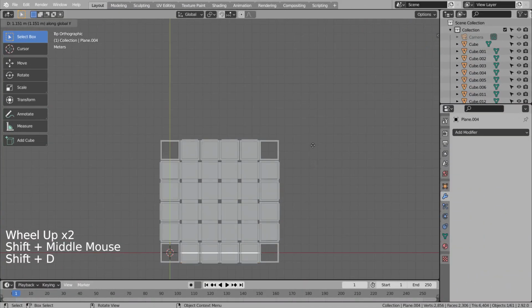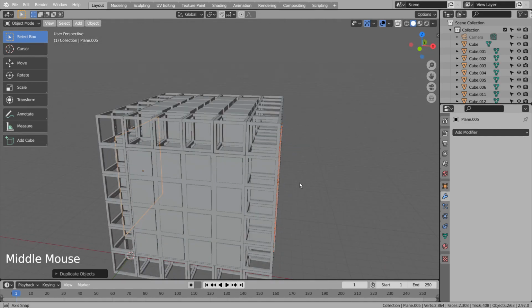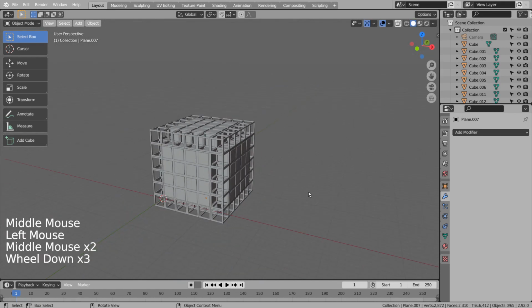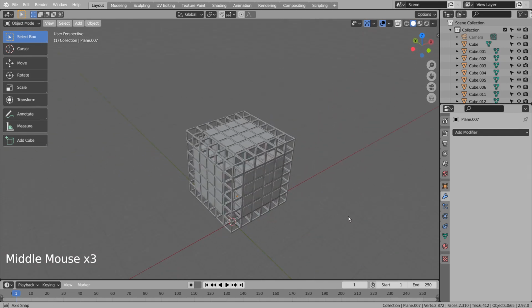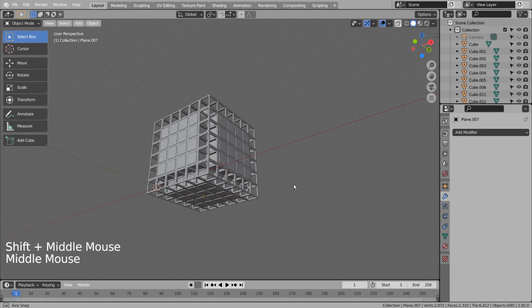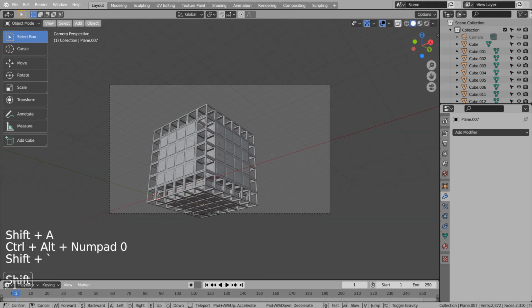I'll set up the render scene. We'll be using the sky texture, so please make sure the transparent background is turned off.